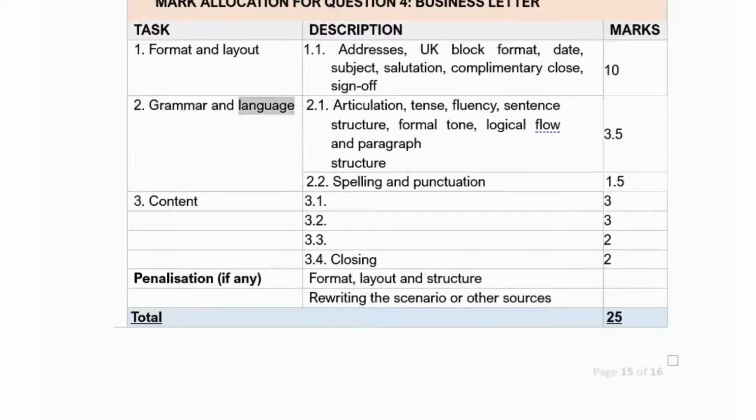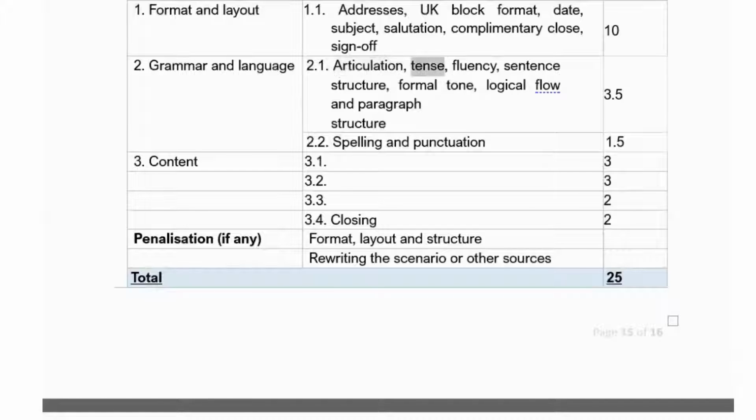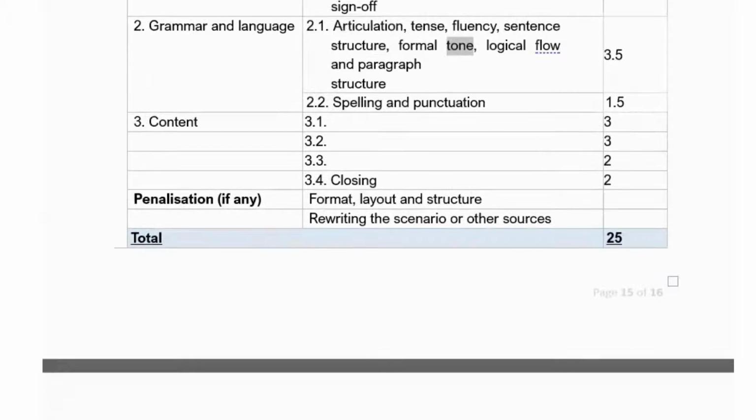Grammar and language. 2.1. Articulation, tense, fluency, sentence structure, formal tone, logical flow, and paragraph structure. 3.5. 2.2. Spelling and punctuation.